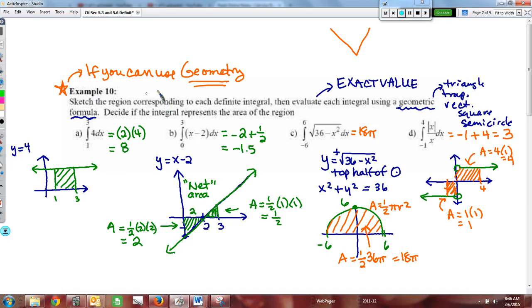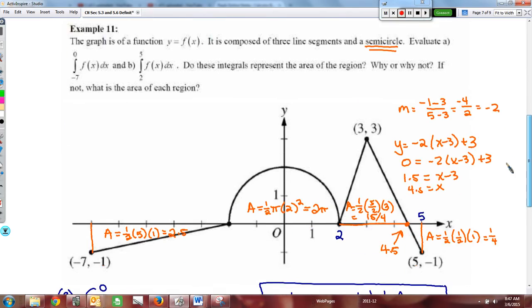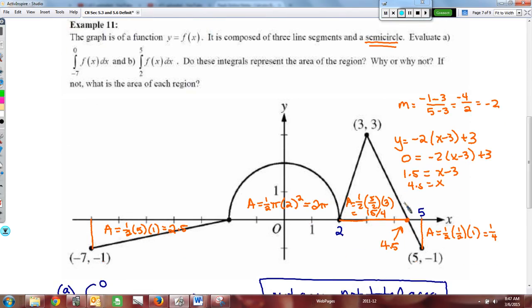we could use geometry. If the function that we are using for our derivative function inside the integral, in the integrand position, is a function that is geometric in nature, either linear so that you can break it into triangles or squares, or a semicircle like this example right here, we can calculate the definite integral by understanding the relationship between the definite integral and the area between the curve and the x-axis, and use geometry formulas. We've also seen that we could, from the picture, do exactly the same thing here